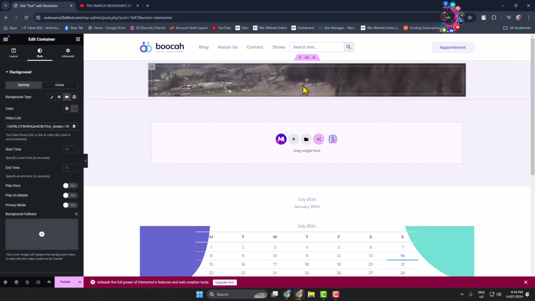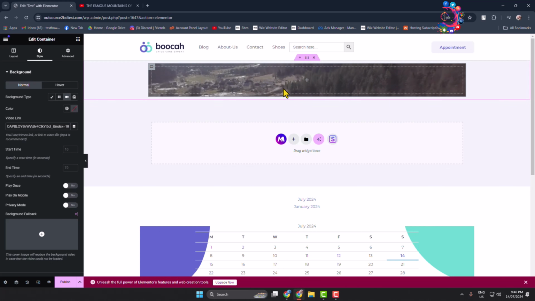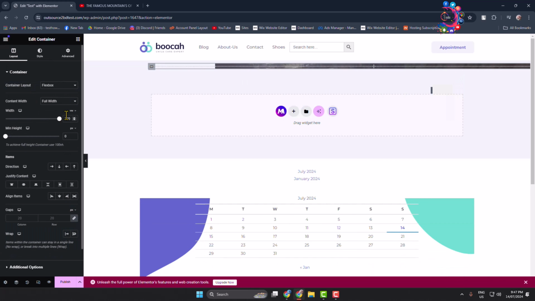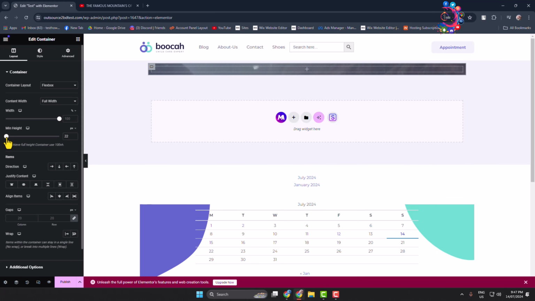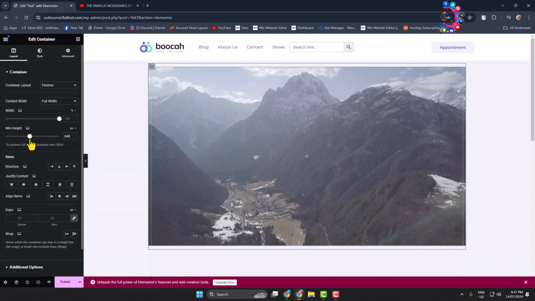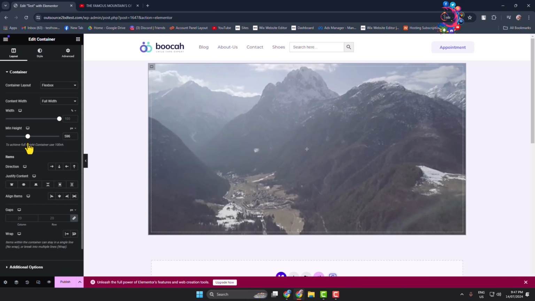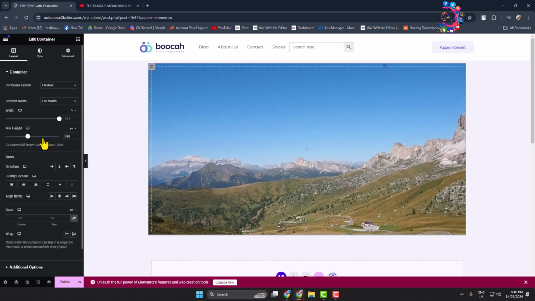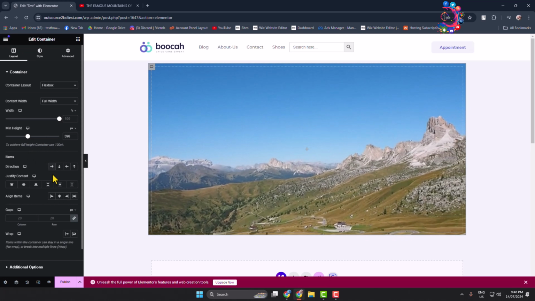Now it's time to make the video full width. To do that, go to layout, and here using this minimum height slider you will be able to increase the video height like this. Once you are happy, now you can